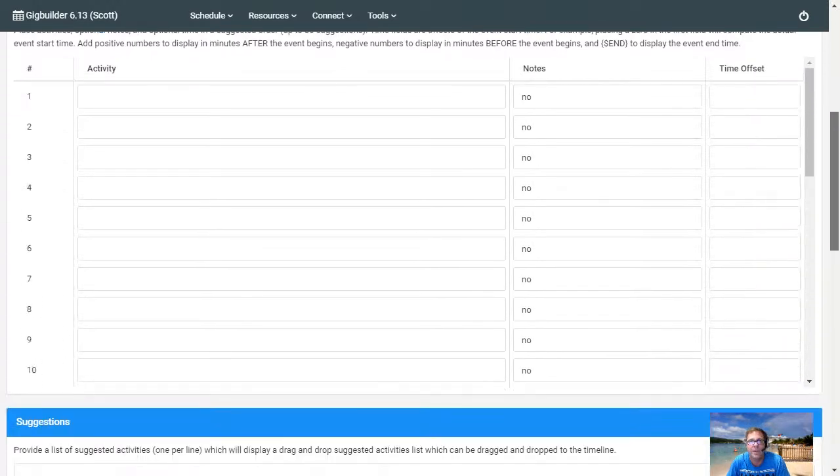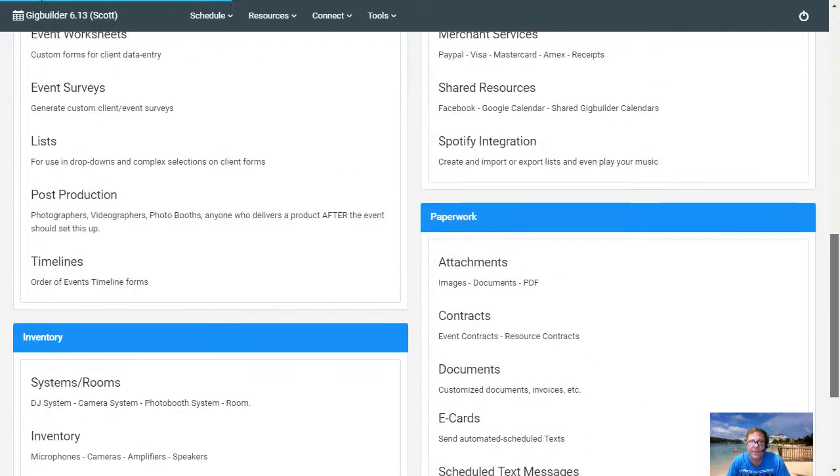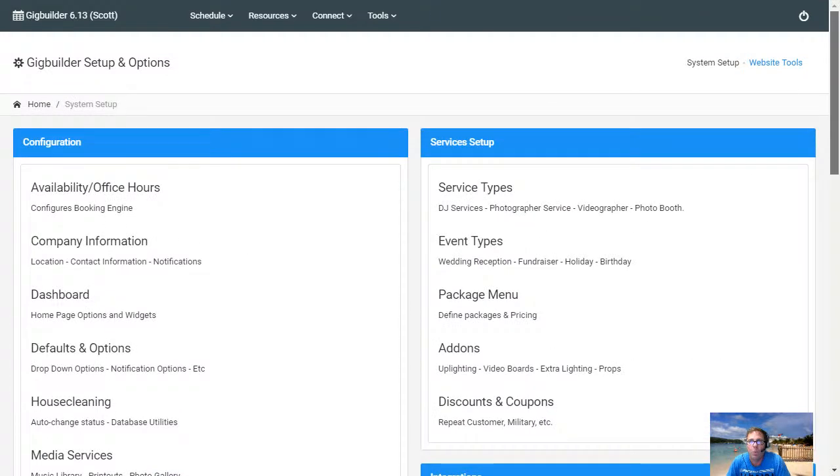Integrations necessarily either. So with what we've done so far, you should be